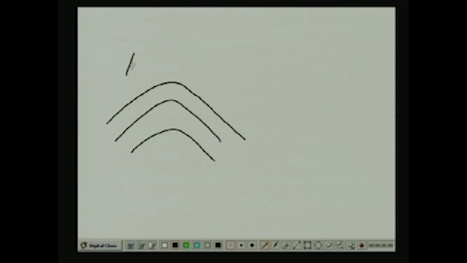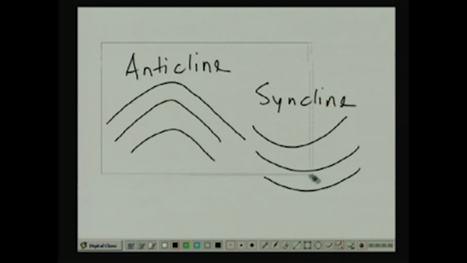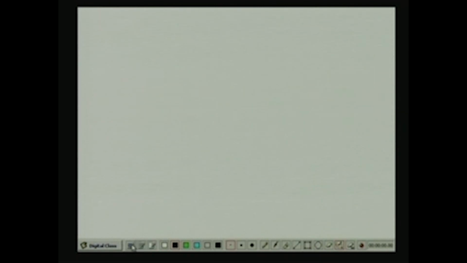Then by syncline and anticline, what we mean is if you have got a fold like this, then that one is called an anticline and the reverse is a syncline. All right. Getting back again,